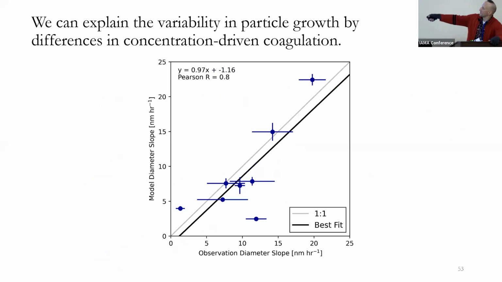And if we plot the model that only had coagulation and dilution against the observations, and this is the growth of size in nanometers an hour, for all but that one first case, it's representing that incredibly well. So this is showing that concentration and dilution rates and so on are determining how much these particles are growing within the case. And in following that, it's how much number is reduced, because the ones that have had the most growth have the most reduction in number. So they're getting the bigger sizes at the expense of particles going away.